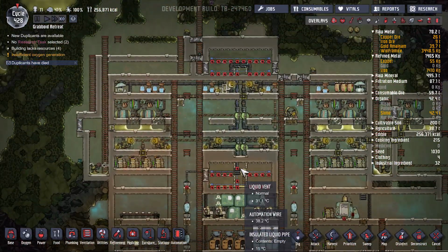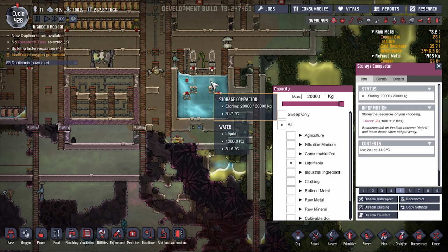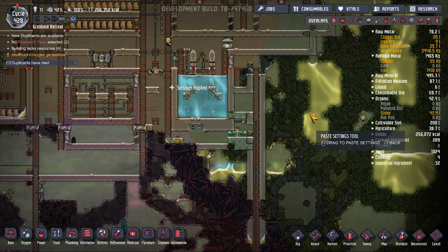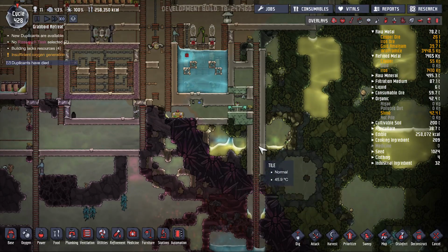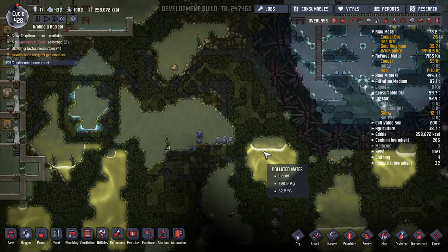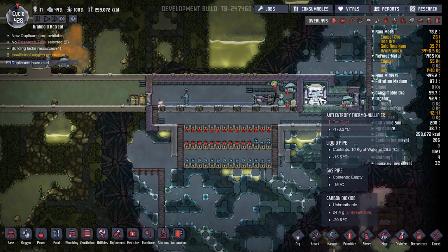It just needs to be constantly going, though, as much as it can. So, copy settings to you and you. And hopefully one day we'll have this water be cold. It's a temperature. Yeah, it's still 70 coming up. And the biggest problem is just that the thermal nullifiers are...